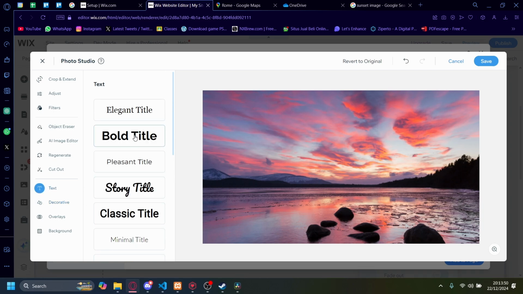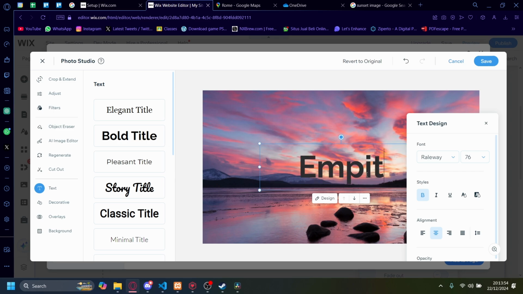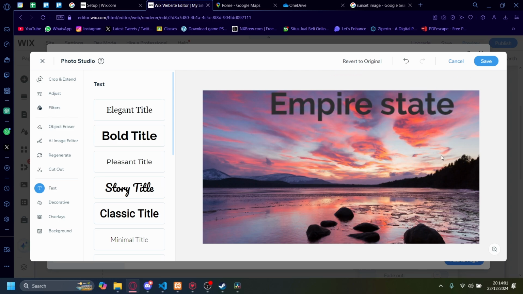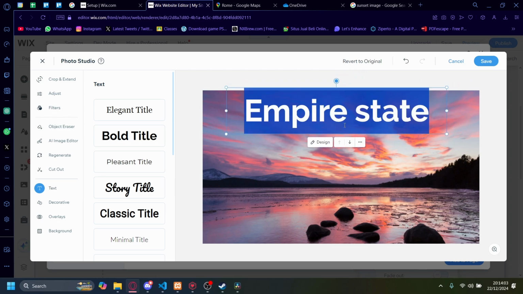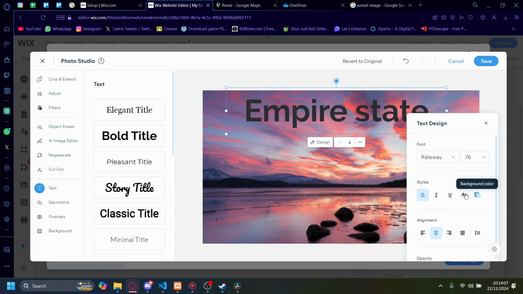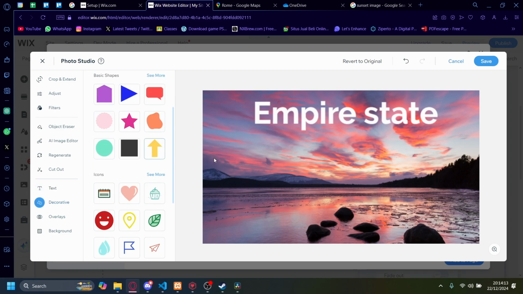So for example, if this video is a video of the Empire State. Empire State. Now this design looks horrible, but this is just to show an example, right? Empire State. I'm gonna at least make it something seeable here. I'm gonna give it a color, text color. I'm gonna make it white. Yeah, there you go. And I'm gonna add some decorative stuff here, like an arrow,